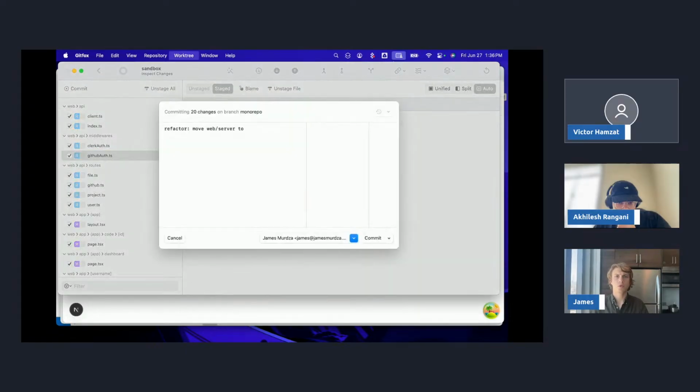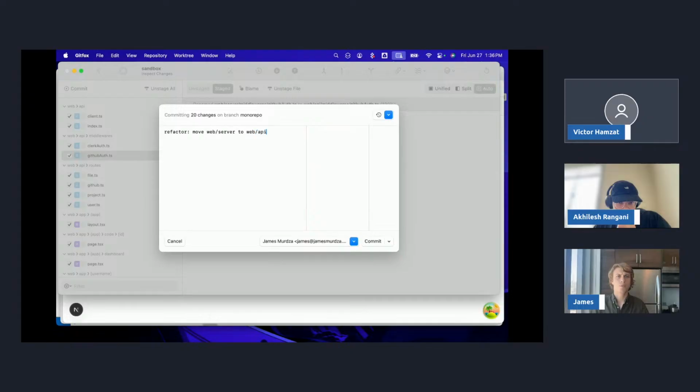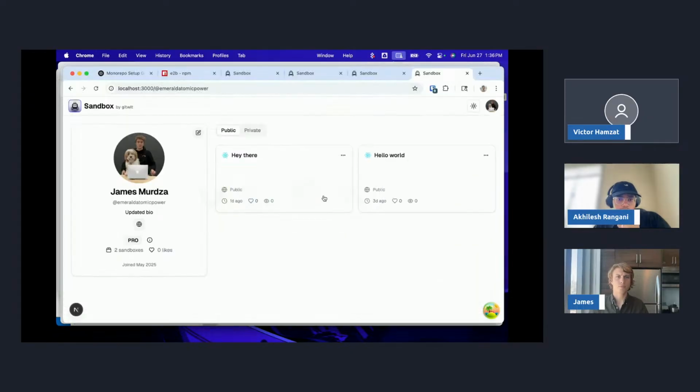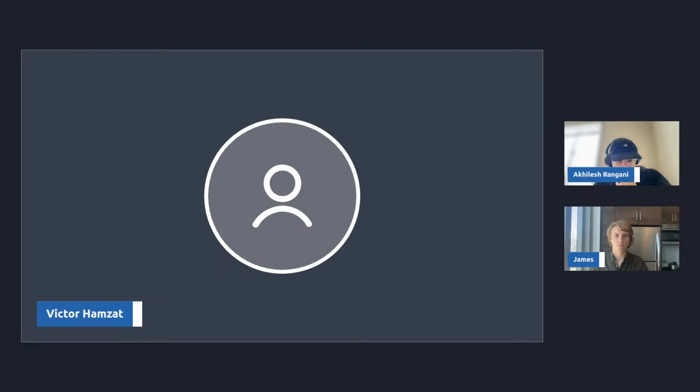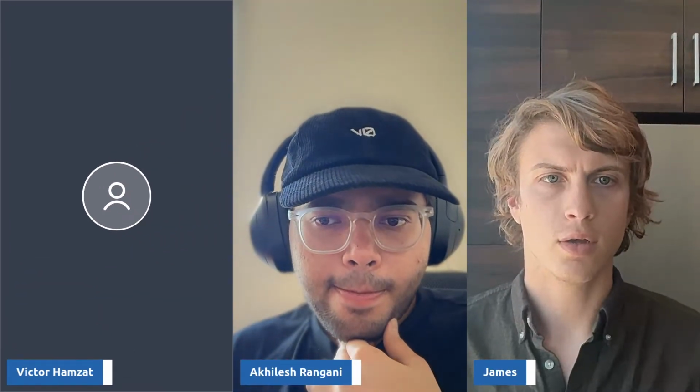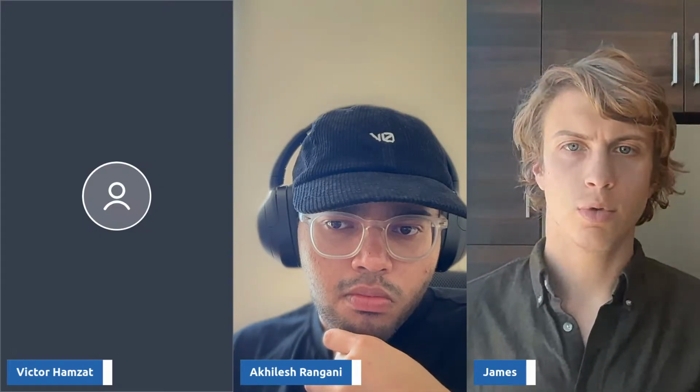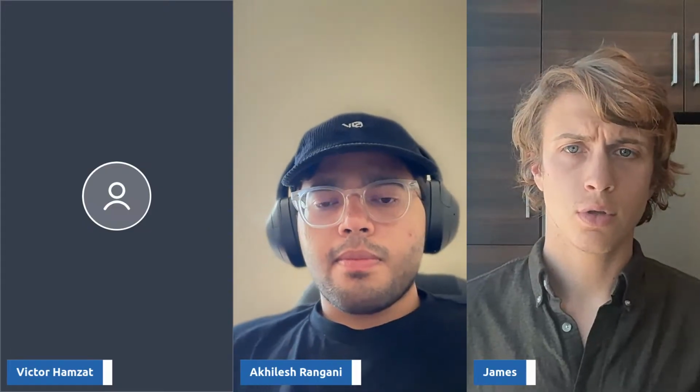Move web server. Perfect. Okay, I need a couple of minutes to clean up the Git history. So you can just, I mean, you already have a plan of what you're going to do, right? So